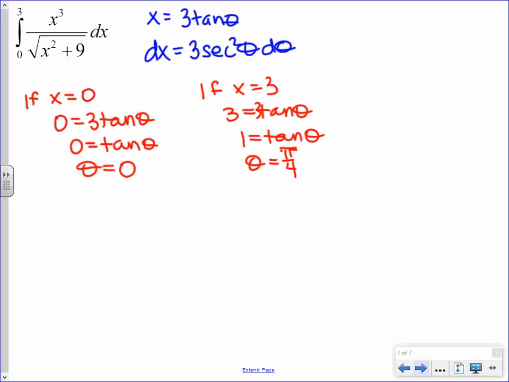Okay, all right, so what we can do is as we do our trig substitution, we can just change our limits to 0 to pi over 4, and now everything is in terms of theta. We don't have to use our triangle to switch things back. It might just take out a couple steps at the end, okay? So let's do our substituting here. X cubed over